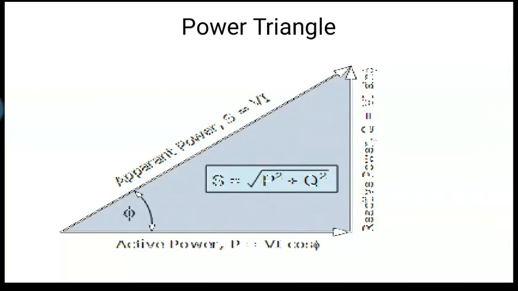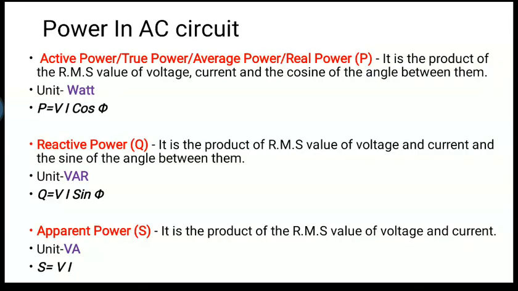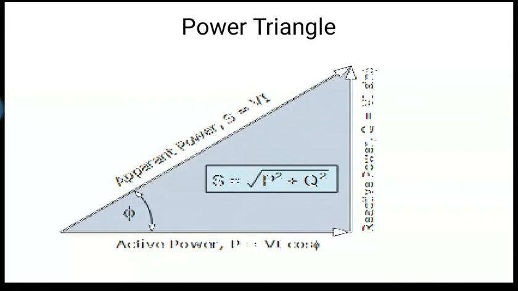The apparent power is making the angle with the active power. You can see here P is equal to VI cos phi. It is not clear, but you can understand from here also. P is equal to VI cos phi. And the side opposite to the angle phi is nothing but the reactive power, that is VI sin phi. So this is a power triangle. Sometimes they ask this power triangle for 2 marks. You just have to draw this diagram and denote 4 things: P, Q, S and angle phi.